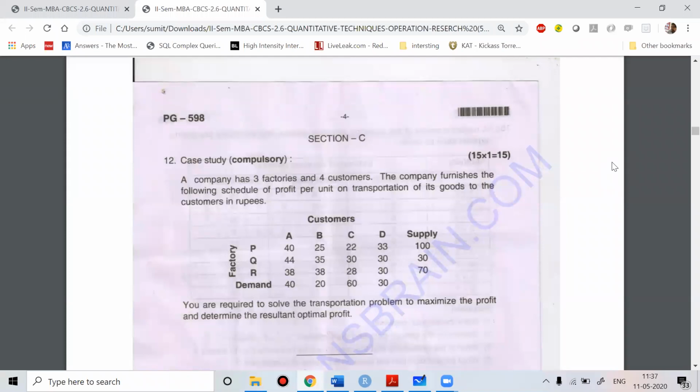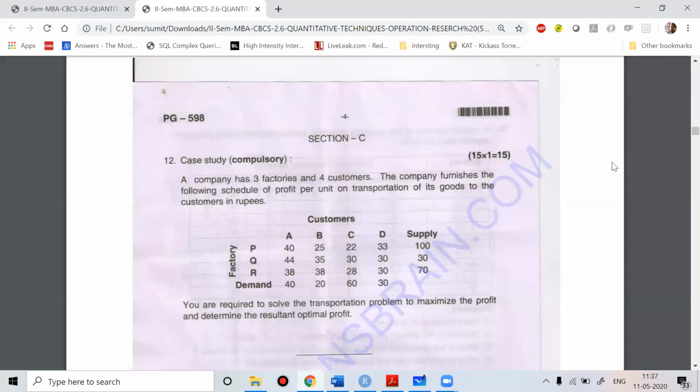So every year you can expect around 15 marks or 10 marks problem on transportation problem. With this you can understand how important this chapter called transportation problem is. So when we talk about solving problems in transportation, one kind of problem which is very common for your university exam is the unbalanced transportation problem with